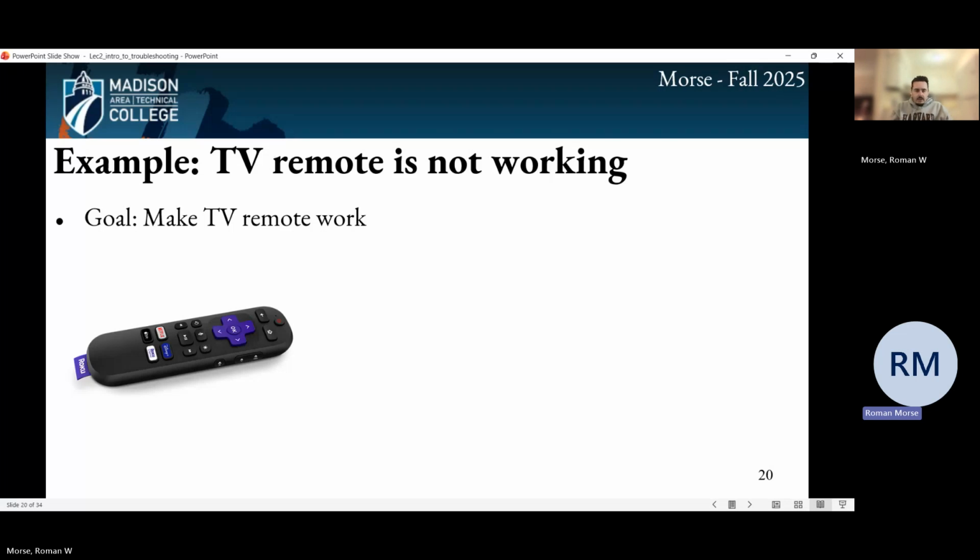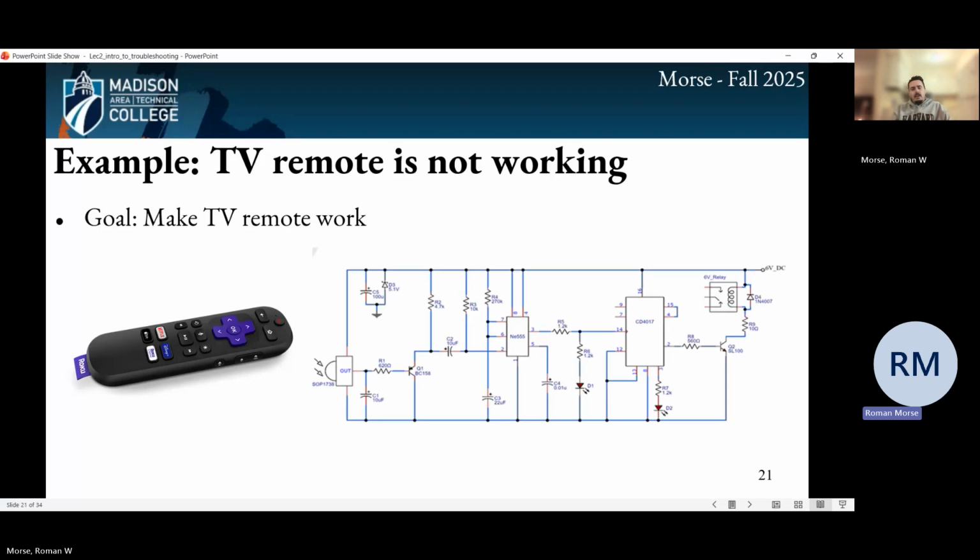So there's a few different things we can do to troubleshoot this, to make the remote work. The goal here is to make the TV remote work. We want to think about this from an engineering troubleshooting, technical way of doing this. But there's also just your gut reaction, right? So inside of this remote, there's actually this big circuit. And by the end of the semester, you should be able to read things that look like this. But there's this big electronic,